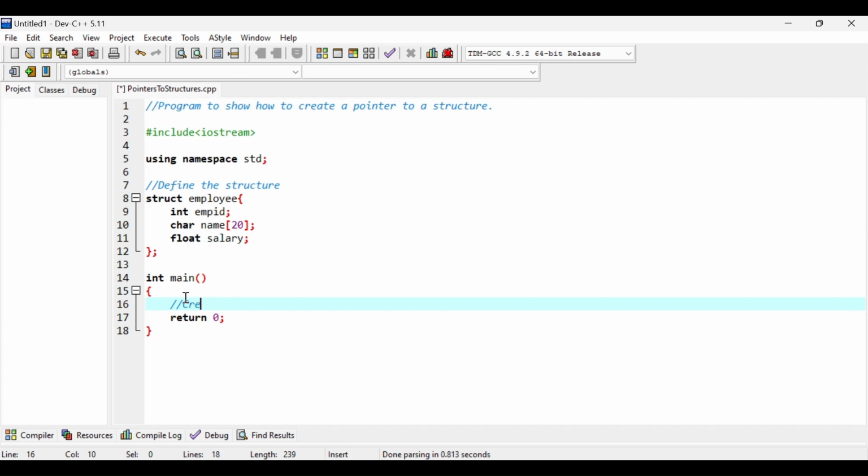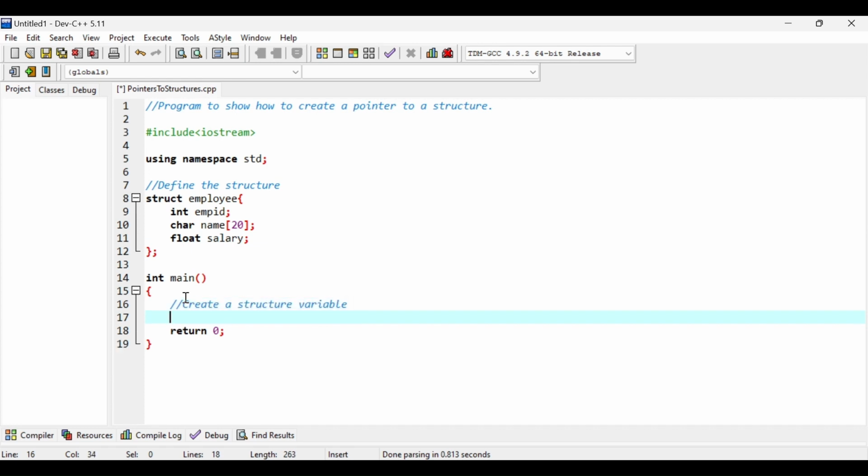Our next step is to create a structure variable. And the basic syntax is to include the keyword struct. Then you write the name of the structure for which you are creating this variable and the structure name is employee. And let's suppose our structure variable name is emp1 just to indicate that we are creating our first employee or employee1.